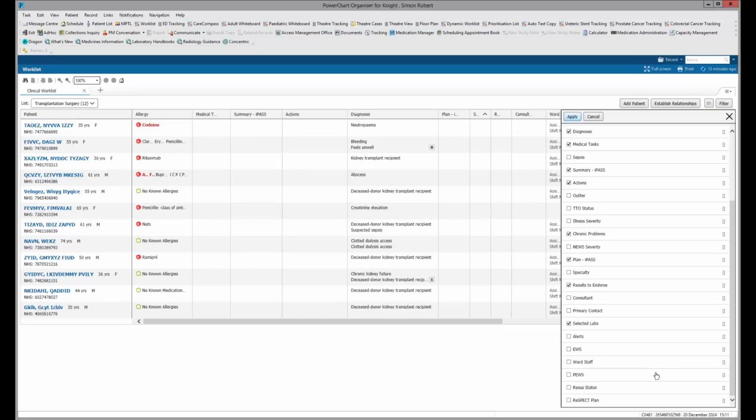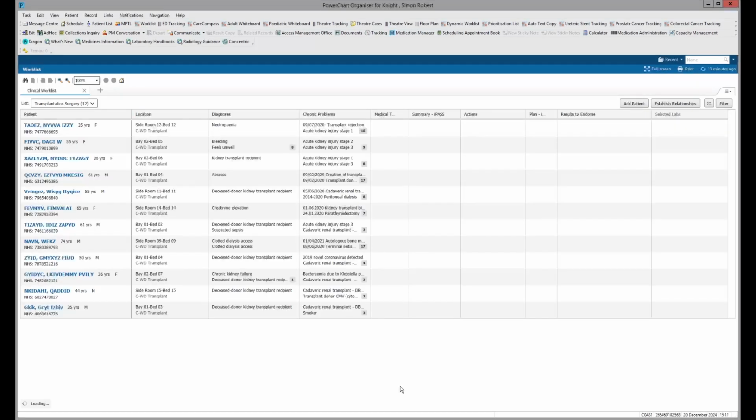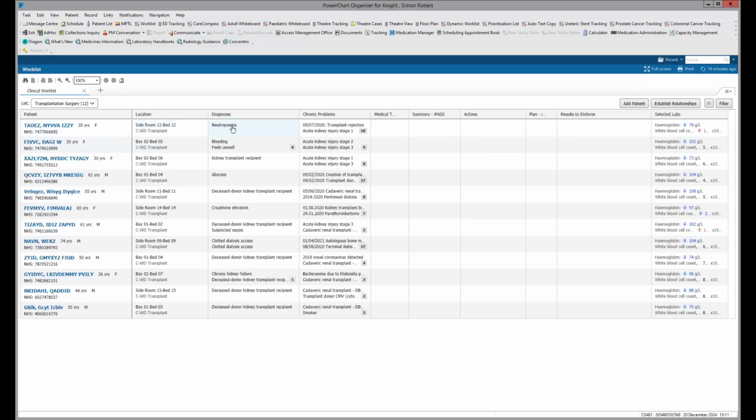So I'll move my diagnosis and my chronic problems columns up to the top so they'll appear on the left hand side. So once you've done that and got it to how you want it, you can click apply, and after a short delay this will then update itself and show you this information for your patients. So now you can see, I can see the diagnosis, which is the reason for the current encounter, the reason for the current admission. I've got my list of chronic problems here, which is my problem list within EPR for long-term patients, long-term complications and issues that